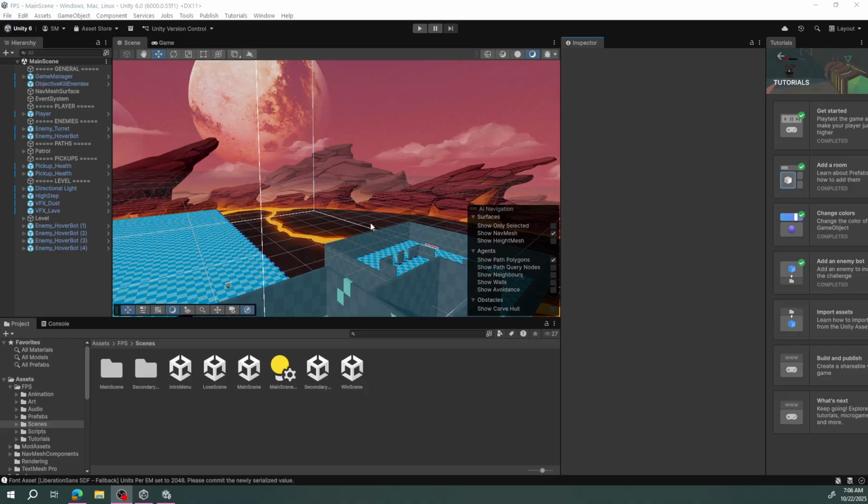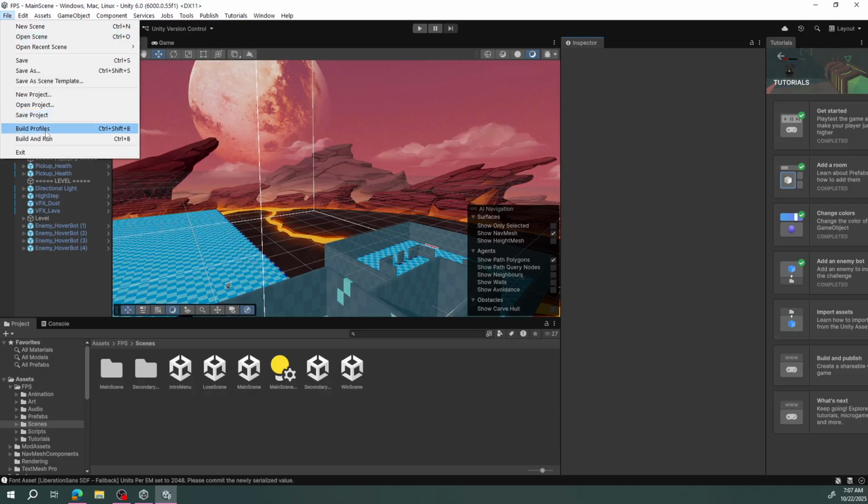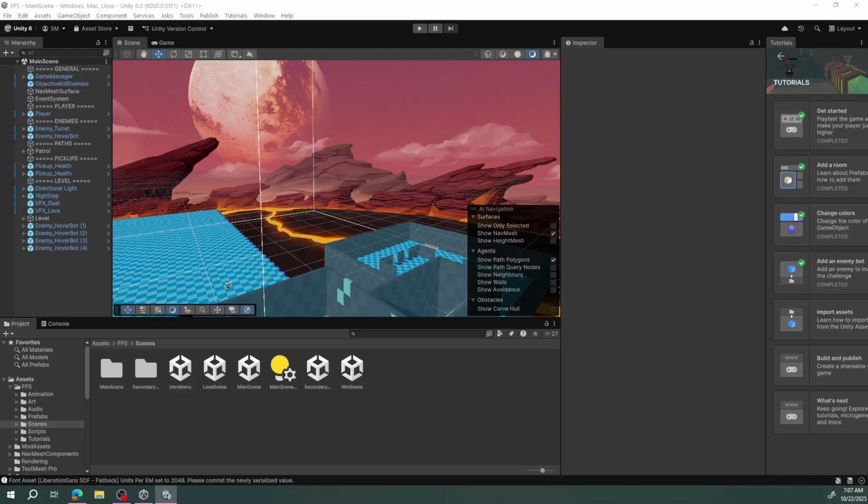All right, so I'm going to show you how to manage some of the scene elements in the game, move between different scenes, get everything kind of set up. So one of the first things that you're going to do is when you go up to File, you're going to look at your build profiles, and you want to make sure that when you see the